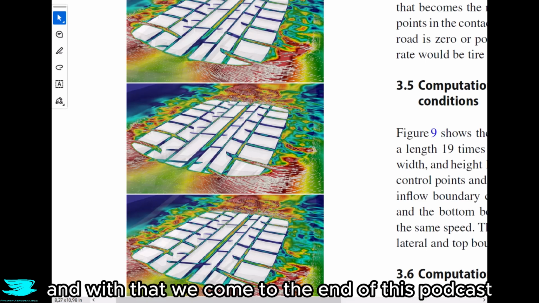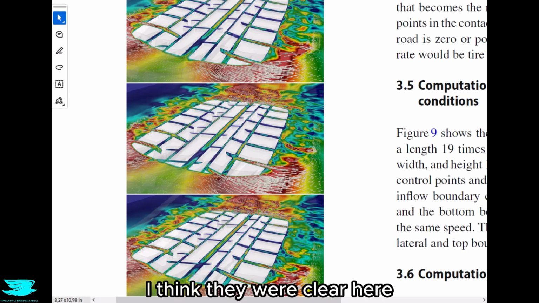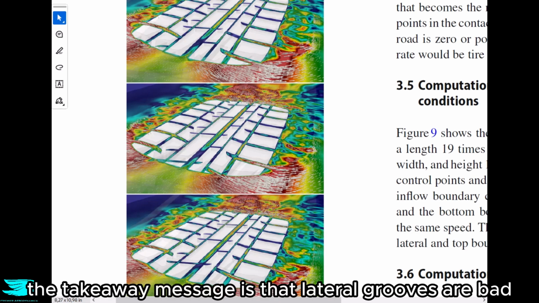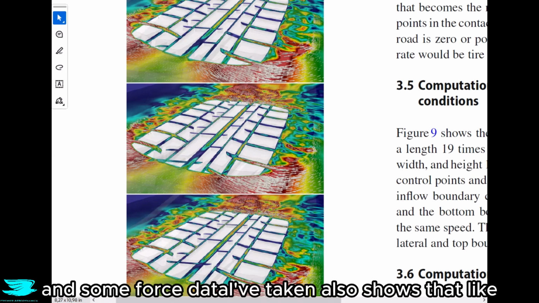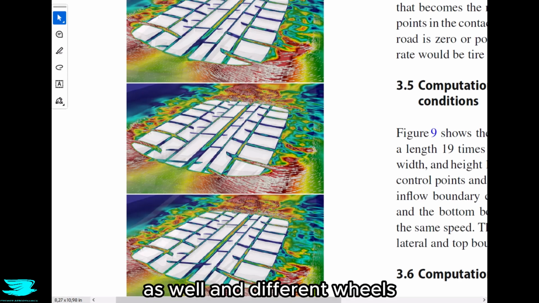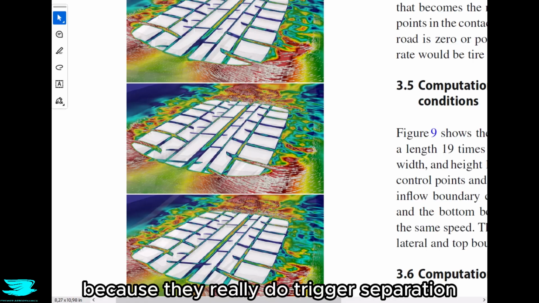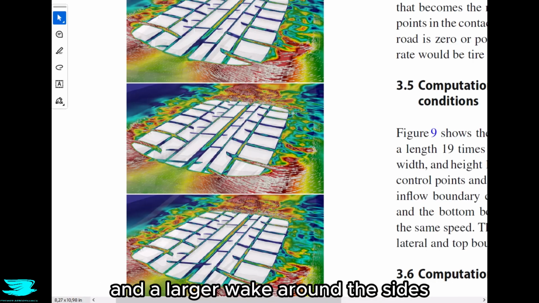And with that, we come to the end of this podcast. I was really impressed with these lateral grooves. I think they were clear here. The takeaway message is that lateral grooves are bad, and some force data that I've taken also shows that they usually increase the drag of a car by 1 to 2%, and that's pretty consistent across different rims and different wheels. But we can kind of see here why, because they really do trigger separation and a larger